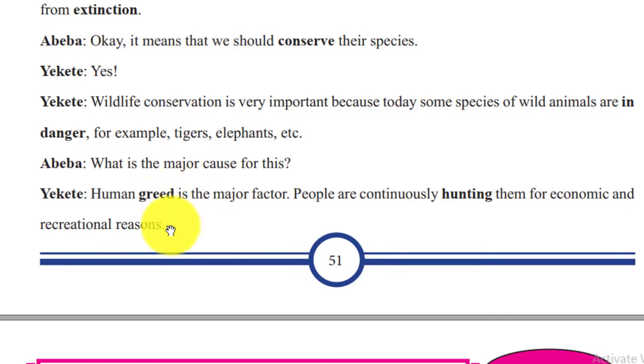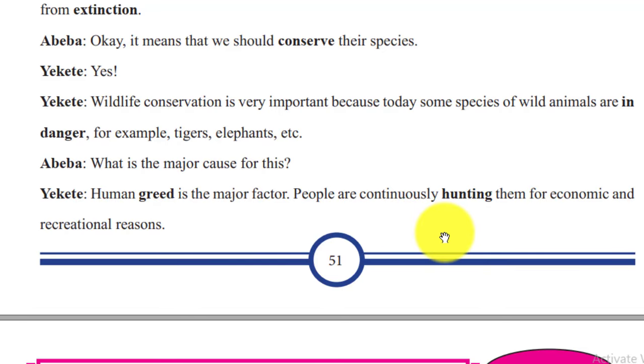ስለዚህ ይሄ selfish desire ስላለ የራስ ወዳድነት ፍላጎት ስላለ ምን ያደርጋሉ? They are continuously hunting them for economic and recreational reasons. ለኢኮኖሚና እንዲሁም ደግሞ recreational ለራሳቸውን ለማዝናናት ሲሉ ምን ያደርጋሉ? እንስሶችን hunt ያደርጋሉ። hunting ማለት ምን ማለት ነው? just the activity of searching or chasing wild animals ነው። normally ማደን ማለት ነው። They search animals in order to kill for economic and recreational reasons ማለት ነው። ስለዚህ hunt ማድረግ just search animals to kill ነው። ማደን ለመግደል የመፈለግ